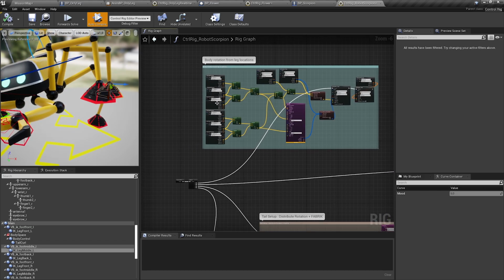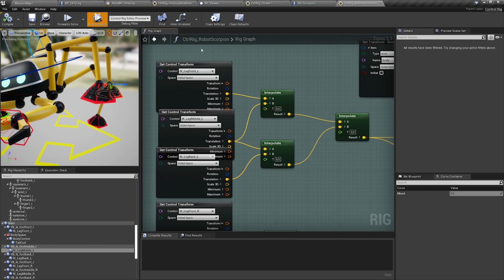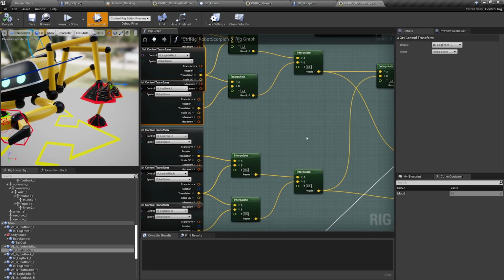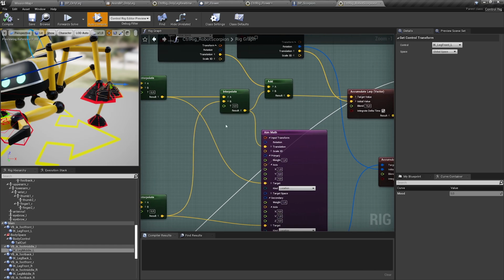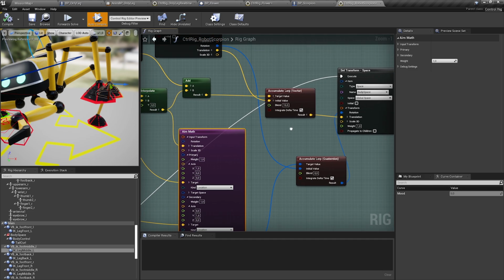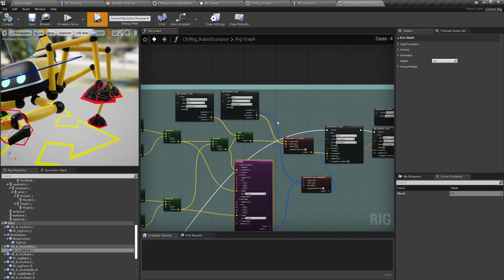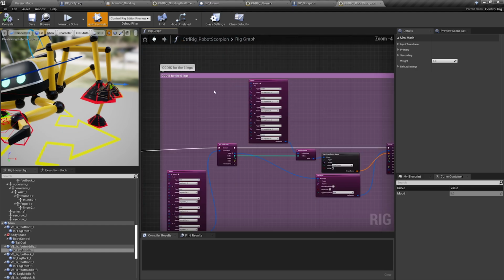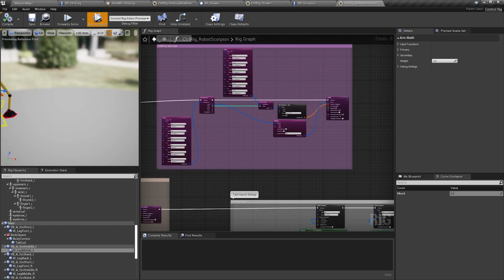I have 6 legs on the left side and the right side, and I'm taking the transforms of them and interpolating the location on both sides. And then I'm using an aim mask to figure out how to move over time the body space. So the control of the body is living in a space I'm manipulating. There are 6 legs and they have 2 knees.